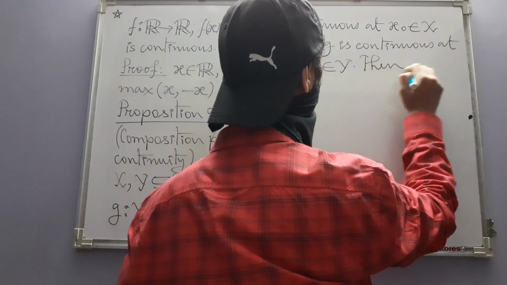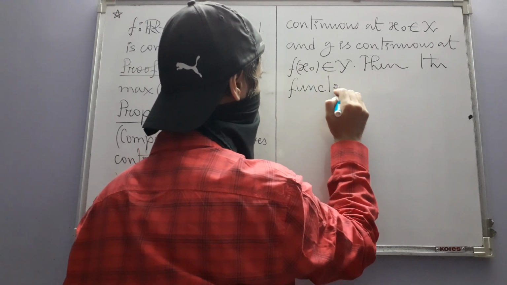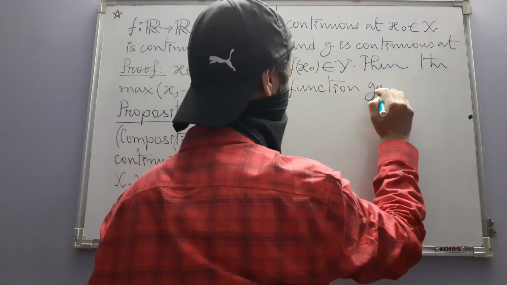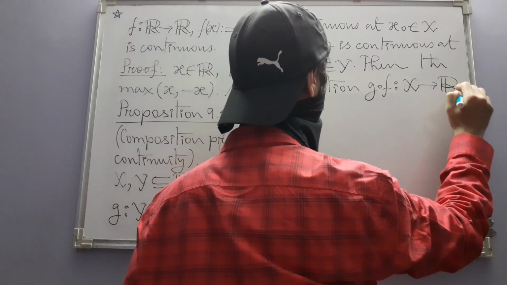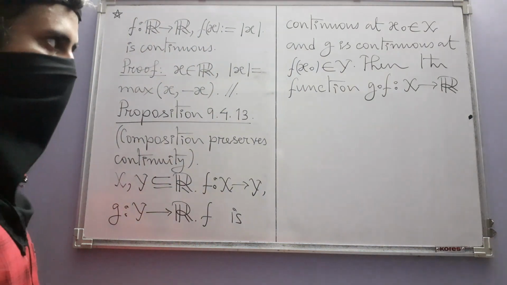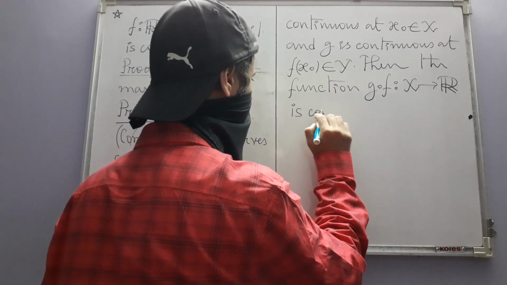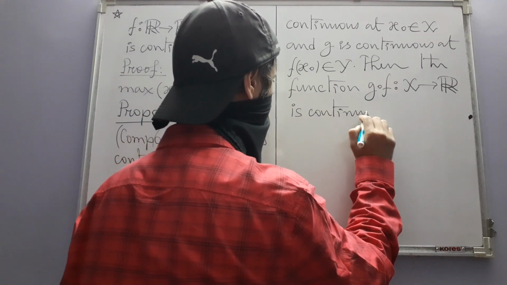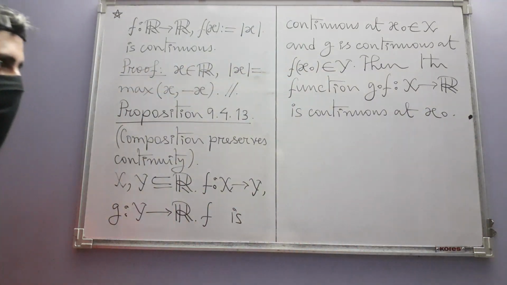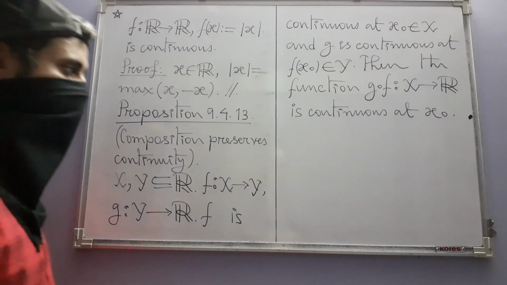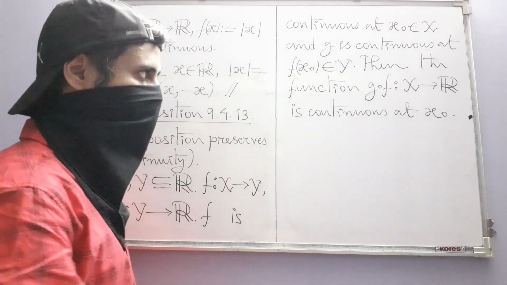Then the function g composition f will of course be a function from X into R, and it is continuous at x naught. Okay, so this is the result which gives us continuity of the composition of two continuous